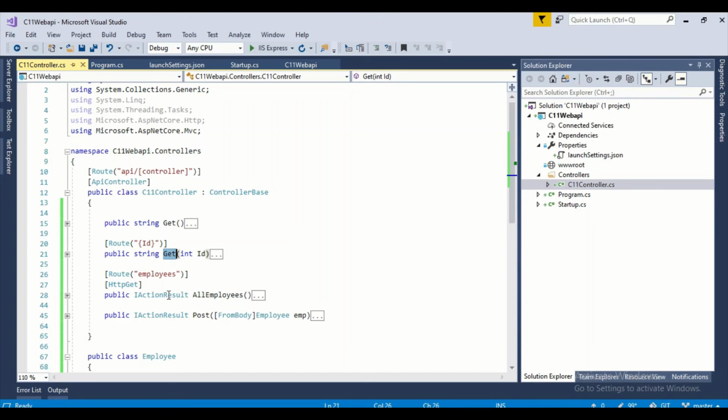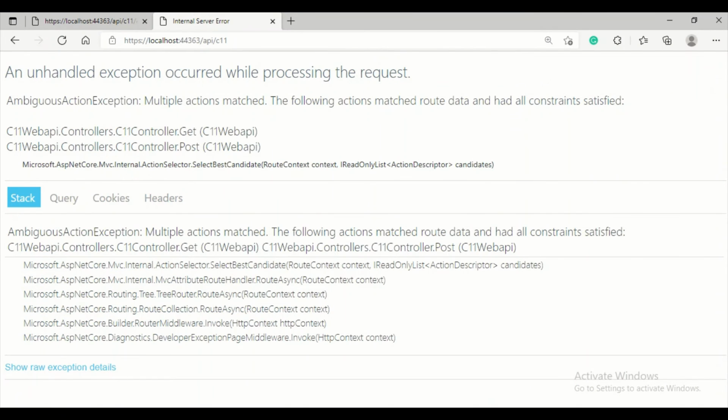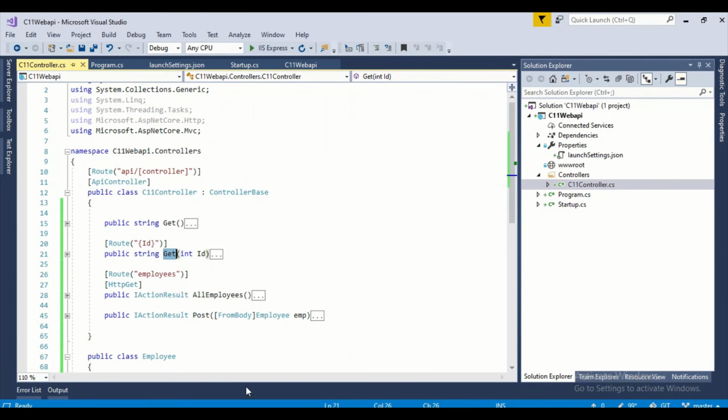So if you understand, right? It is going to be ambiguous between this and this, so it doesn't understand which one it is going to access. So to overcome that issue, we have to